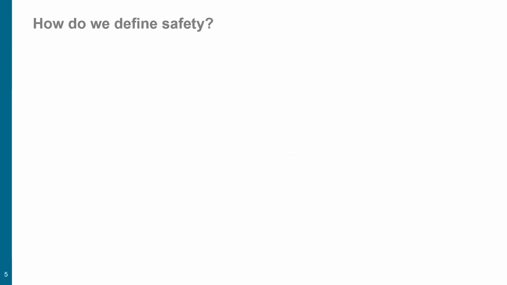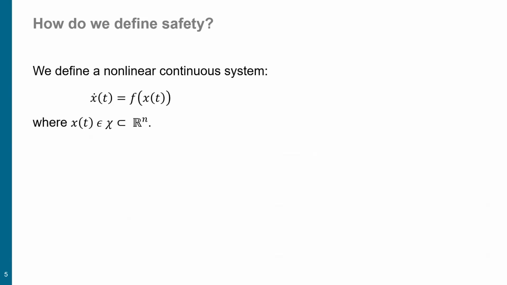In order to make a system safe, we first have to evaluate if the system is safe, right? So we need a metric that allows us to evaluate the safety of the system. In the first step, we just look at a very simple nonlinear continuous system. No control input, we can just observe it, and by observing it, we can evaluate if it's safe or not. If we do that, it's called a safety certificate, because we don't control it actively, we're just looking into the system.